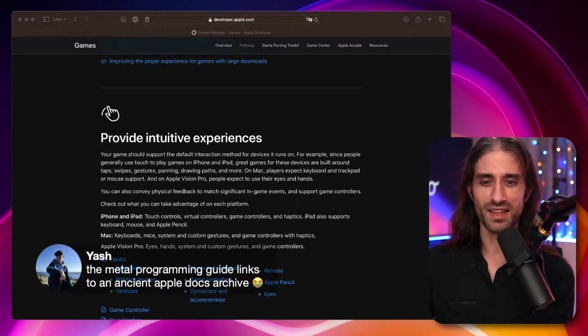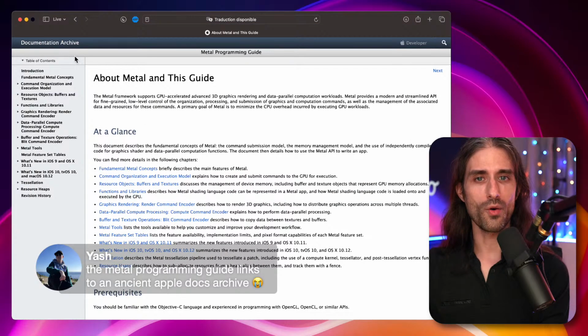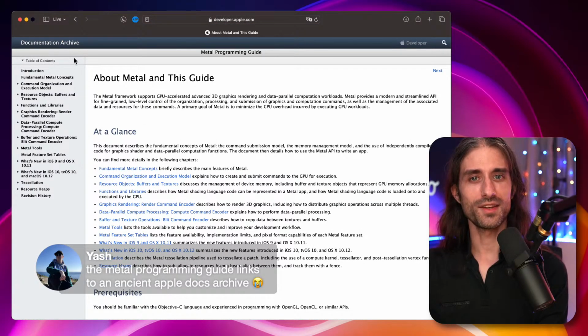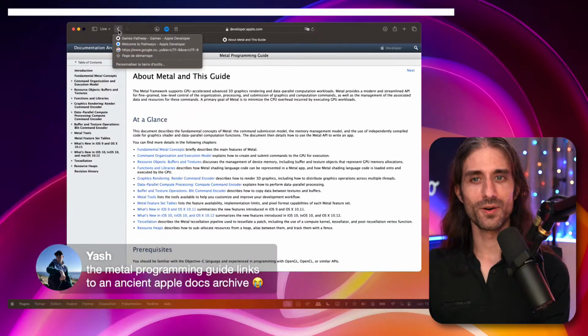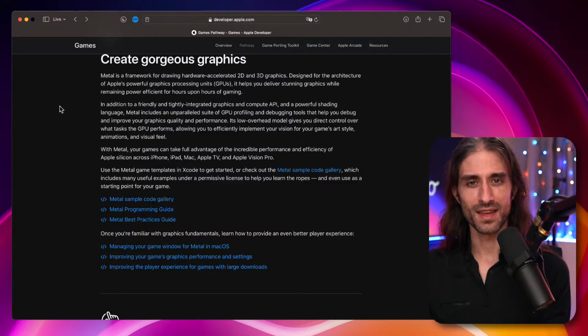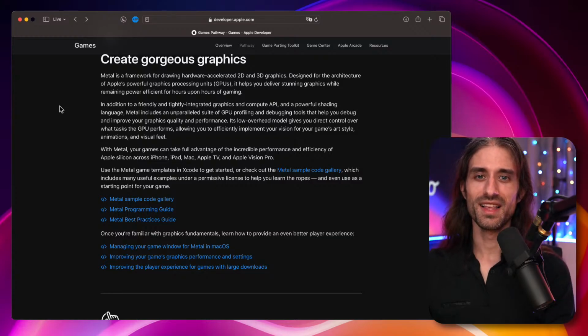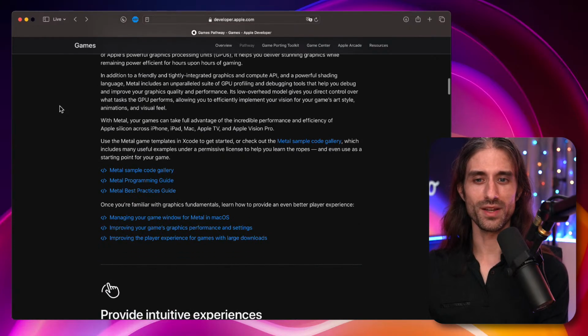Oh, that's sad. If the documentation points to... oh wow, yes, that's an old one. That's the old UI for documentation on Apple's website. So the fact that there hasn't been any more recent documentation on Metal is not a great look. So I think if I want to find a nice tutorial for Metal on Apple's website, it's not for tomorrow. I need to wait a bit.